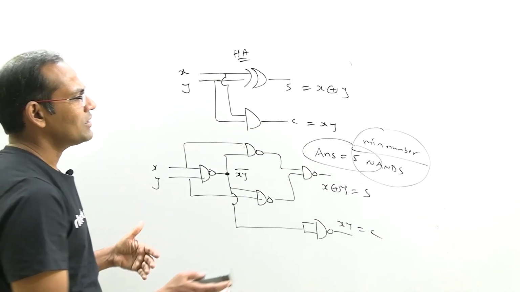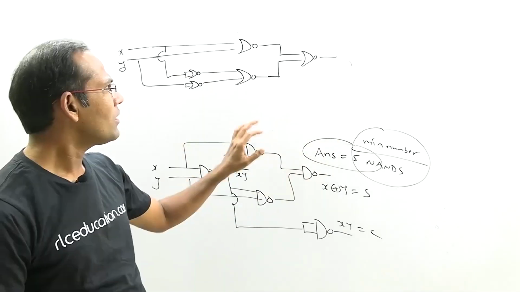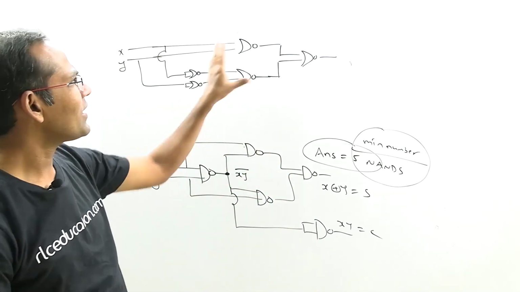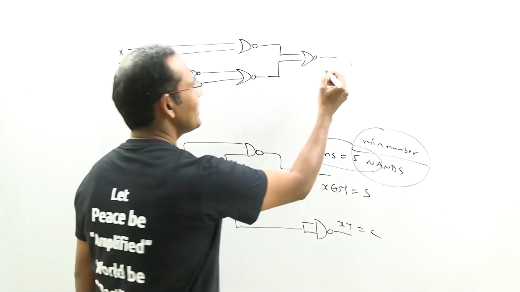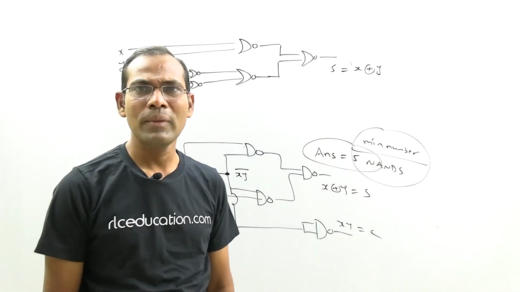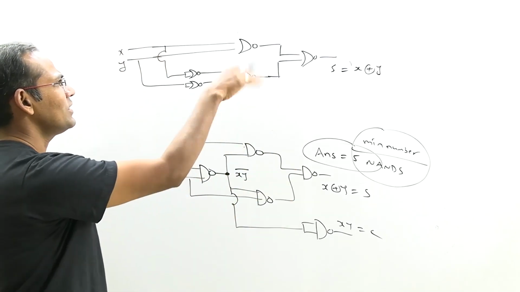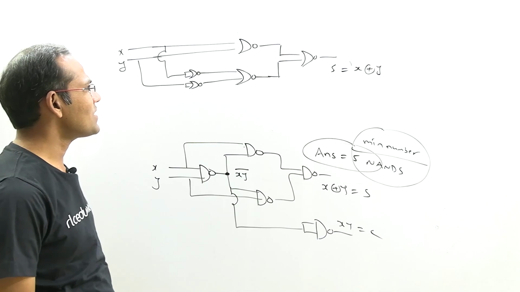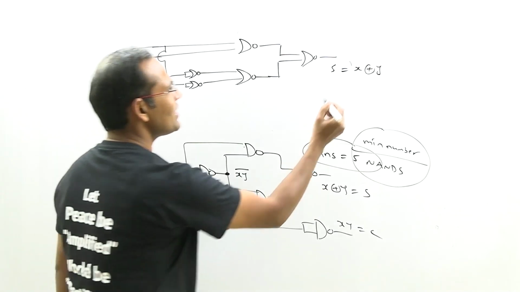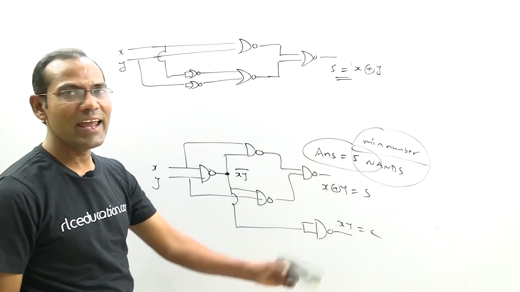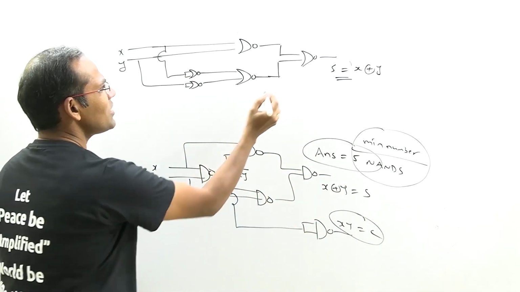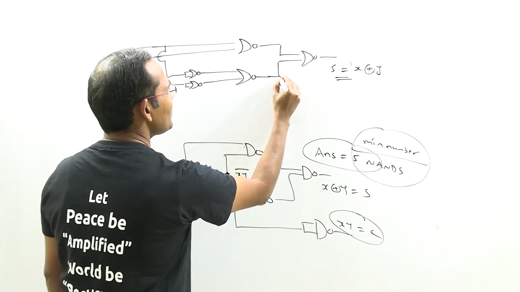Now I will design this one by using NOR gates. I have explained this diagram also in one of the previous lectures. Whenever you connect like this, it works as a XOR gate. This is one standard diagram. Whenever you place NOR gates like this, that will work as a XOR gate. That's about generating sum. Now I want to generate carry. Carry expression is xy. If you observe the expression at this point, it will be xy.